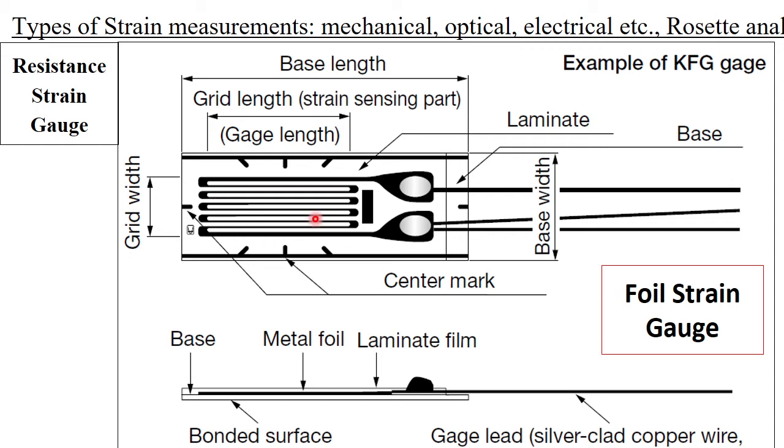This is the sensor part. Which one is the sensor part? Follow this line. This is not a wire; it is part of the laminated sheet which is etched out. So whatever is there is in the form of a wire, which is known as a foil strain gauge. There is a metal foil. It is not a continuous foil, but it is shaped like this. The detailing we will discuss afterwards. So this is the resistance type strain gauge, which comes under electrical.